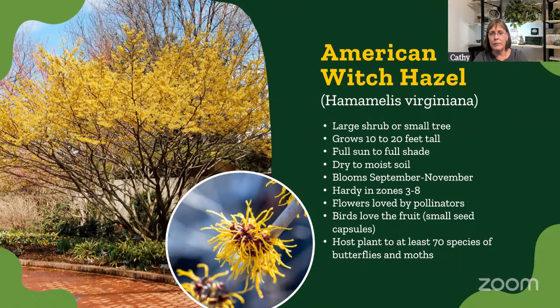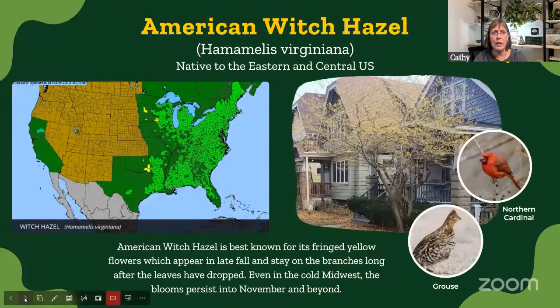They're loved by pollinators. So what a critical plant this is going to be for our late season pollinators, especially the ones who are getting ready to migrate. The birds love the fruit, which is small seed capsules. And this is the host plant to at least 70 species of butterflies and moths. So lots of caterpillars for the baby birds. It is native to the eastern and central US,